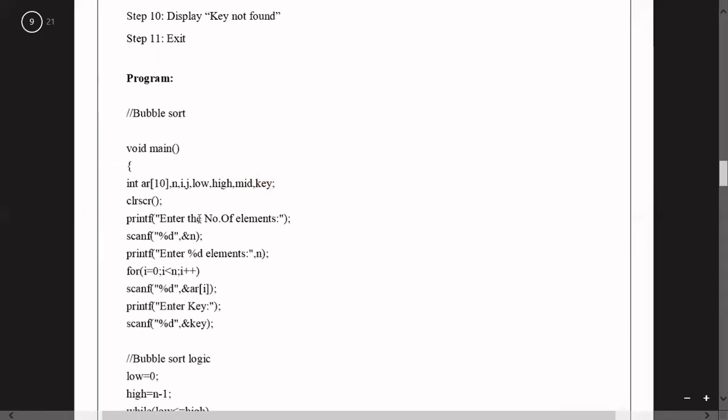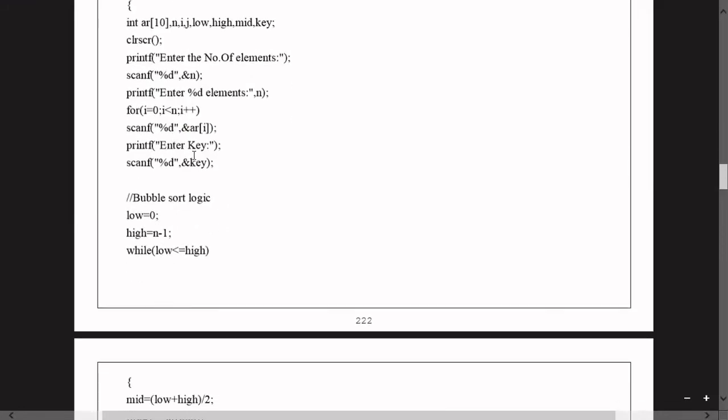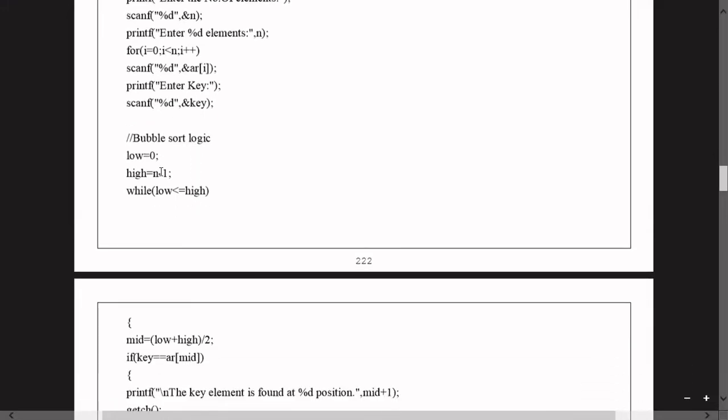And before entering, we have to know the number of elements, which is captured with n. When you know n, ask the user to enter n elements. Whenever the user is entering the n elements, you capture all the elements and store them into the array. After entering the array elements, immediately we have to know what the key element is. Ask the user to enter the key element, then he will enter some key element. Then you start the binary search, not bubble sort, binary search.